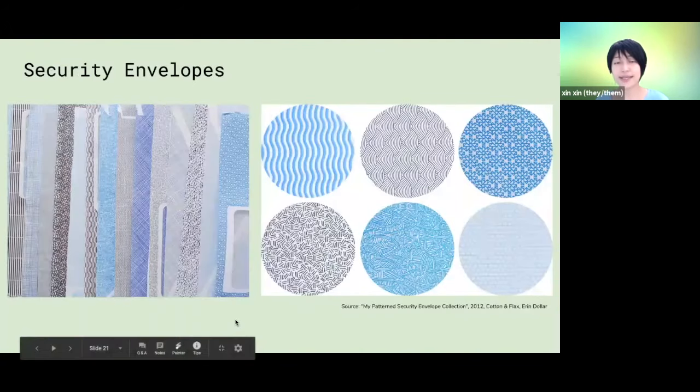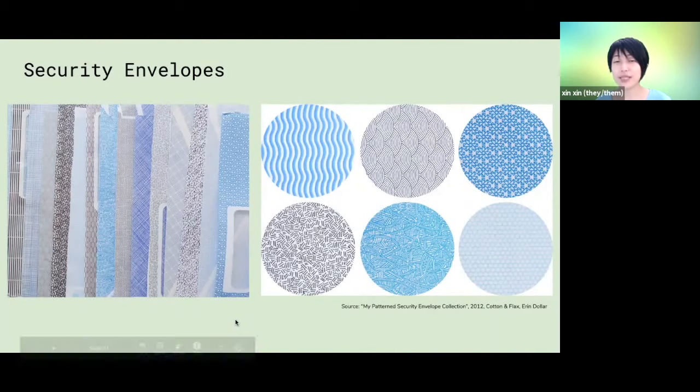Here is a second example, the security envelope, which I'm sure most people have seen in their life, but maybe haven't thought about too much. Like I know I haven't. And so these are patterns, and there are multiple different kinds.